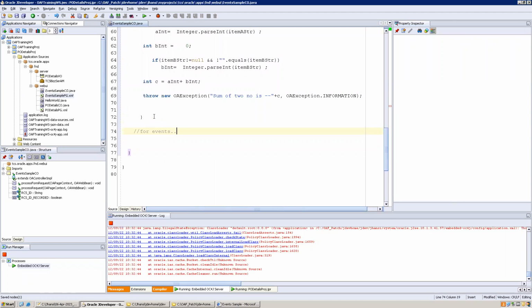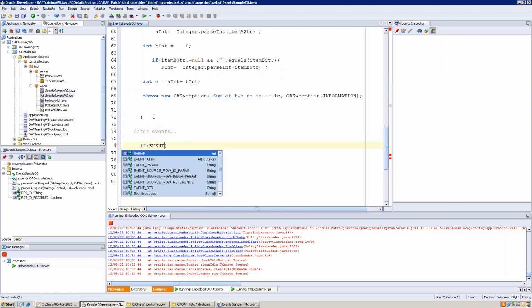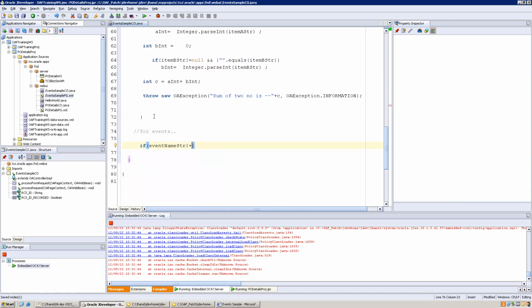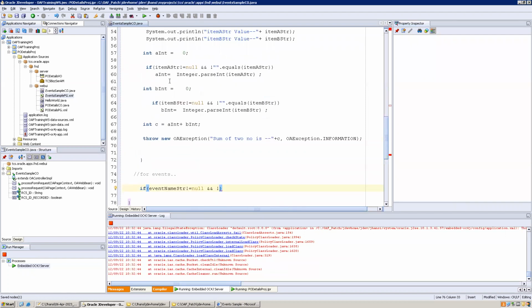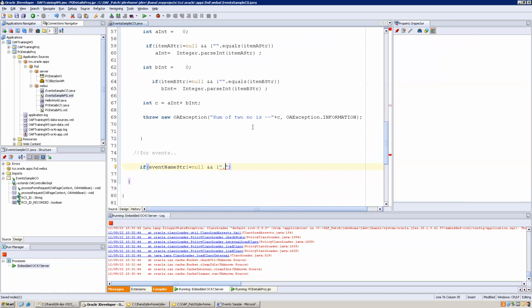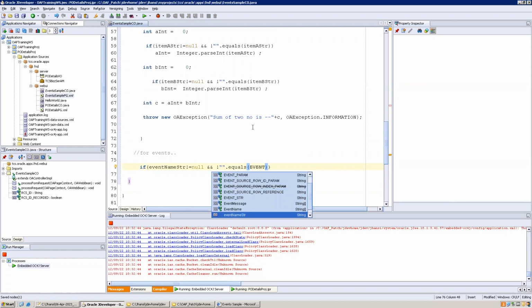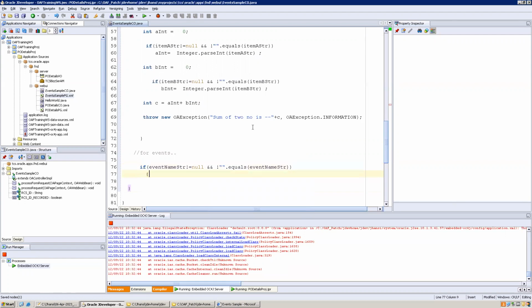If event name str is not equal to null and not equals empty. What is the value we are expecting? Let us say